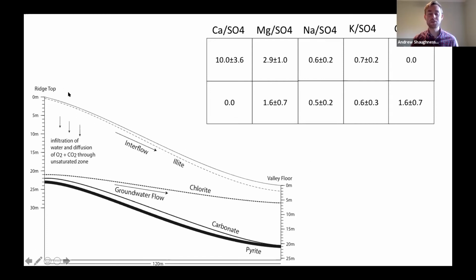And one thing that is really important to think about for Shale Hills is we have 2 predominant flow zones that have been studied for quite a long time here at Shale Hills. One of these flow zones is going to be this groundwater flow that's flowing mostly through this carbonate and pyrite reaction front. And so for people who don't think about reaction fronts in the critical zone, what a reaction front is going to be, and we're just going to simplify it for the purpose of this talk,